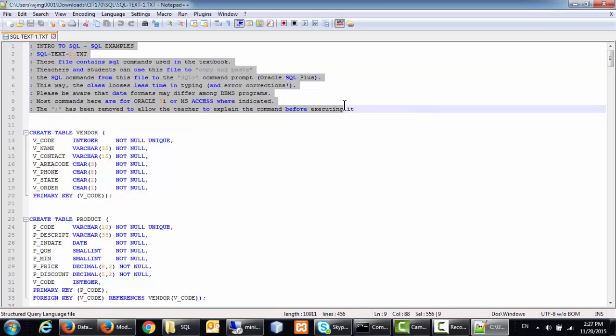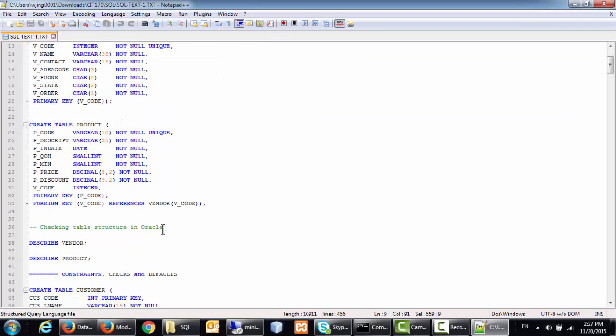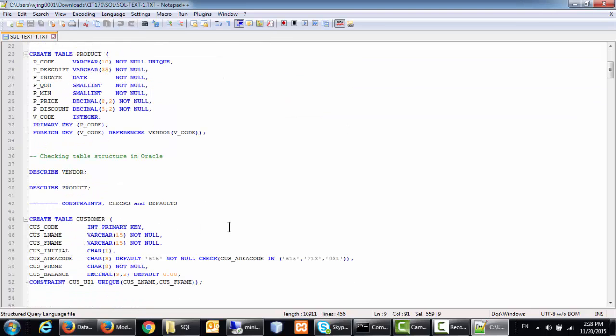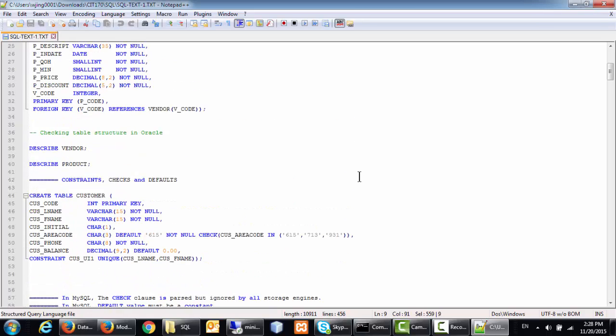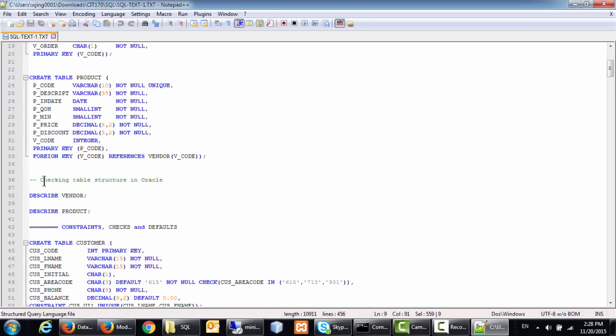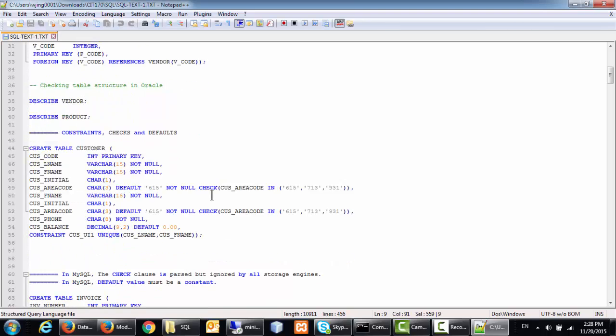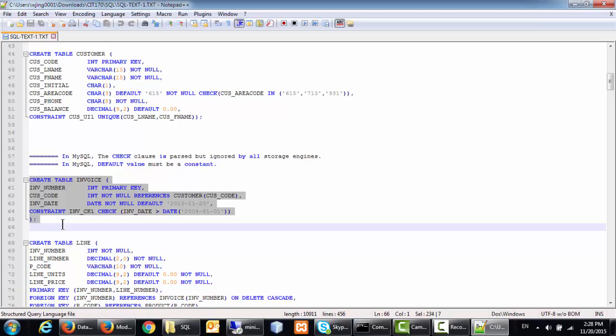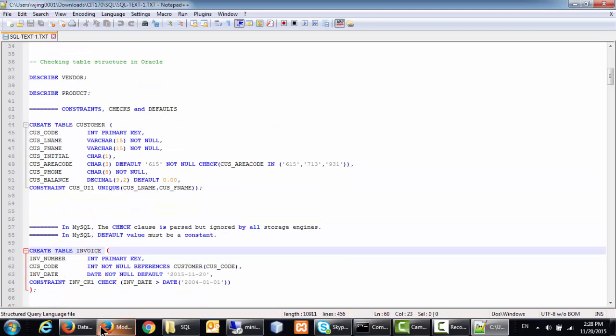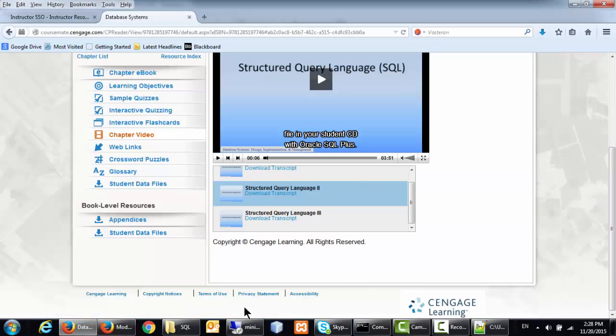This is the comments. This is not something you need to run, and this is comments as well. If you use Notepad to open it, you cannot see the different colors. But if you use Notepad++, you can see this is very easily recognized. Oh, this is comments, and this is comments too, right? Only here is the command. So back to the original